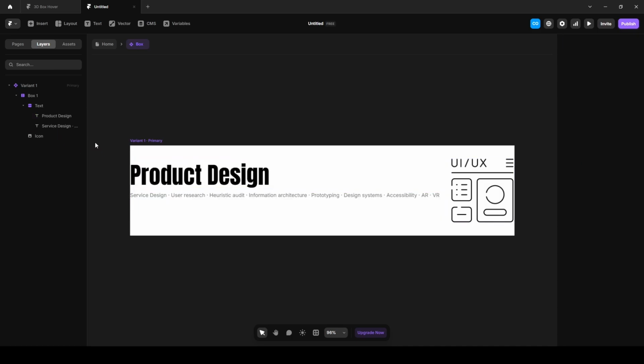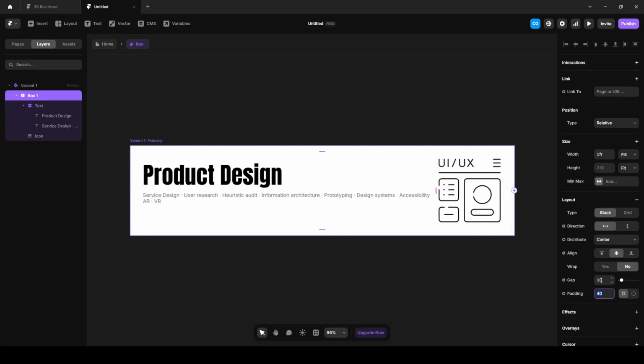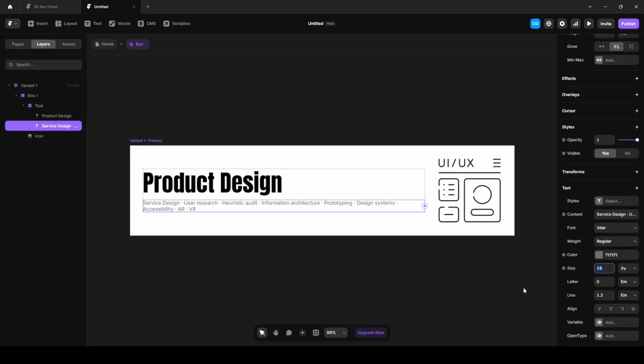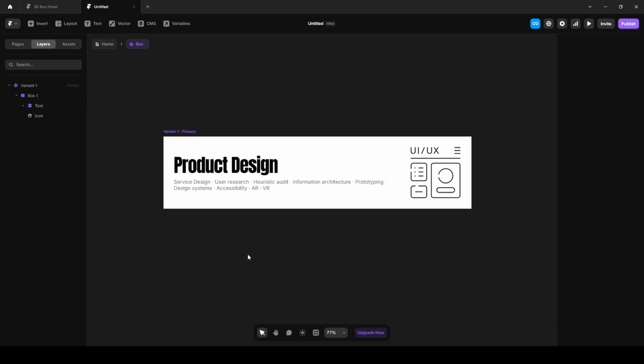Now let's add some padding. Click this box, padding, set the padding I guess 40, add some gap I guess 35 or 40 for consistency, set the height, fit content, increase the font size to 20, reduce the letter spacing to 0.03. Now comes the fun part, adding animation, making the box 3D. So let's upload our image